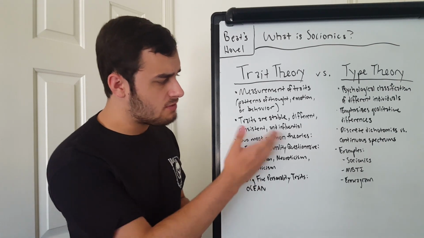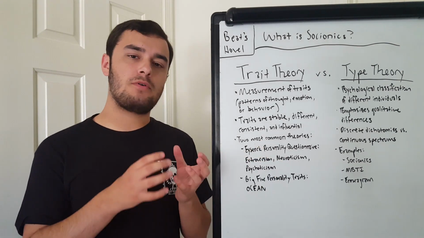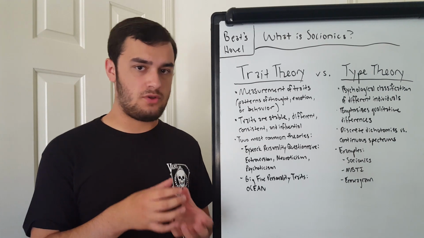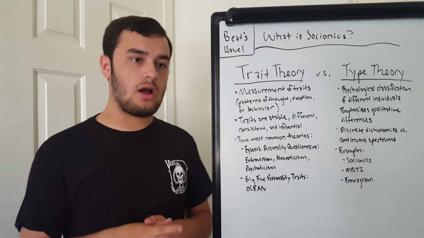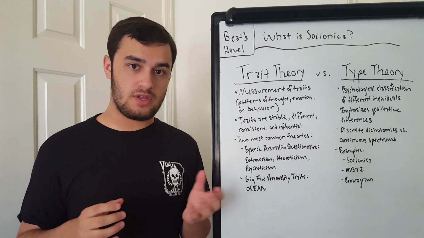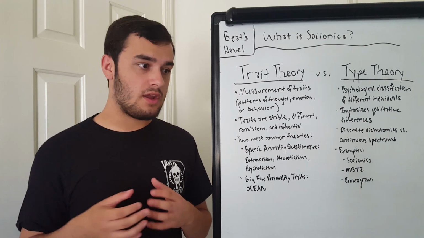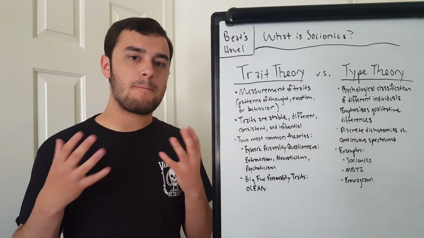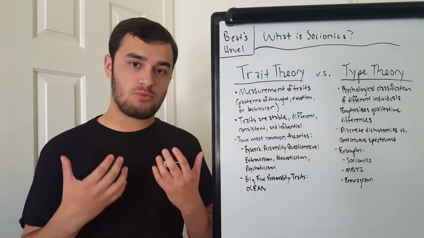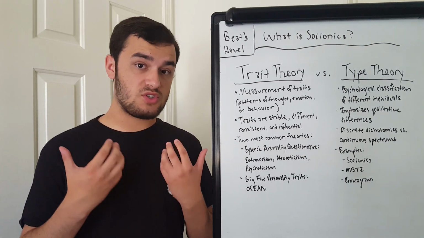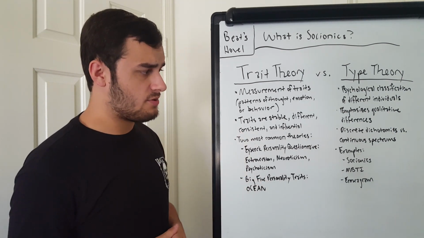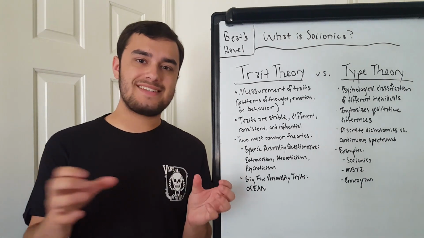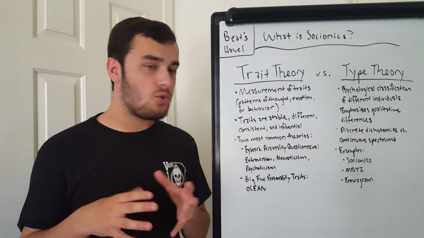And it should also be influential, that this trait has a meaningful impact on a person's behavior in their life. For example, the extroversion example, that a person will be sociable, that a person will be gregarious, that a person will be friendly with others, that it has a meaningful impact and a noticeable portion of this person's personality is driven by that trait. And so trait theories are concerned with these sort of isolated traits that show different things